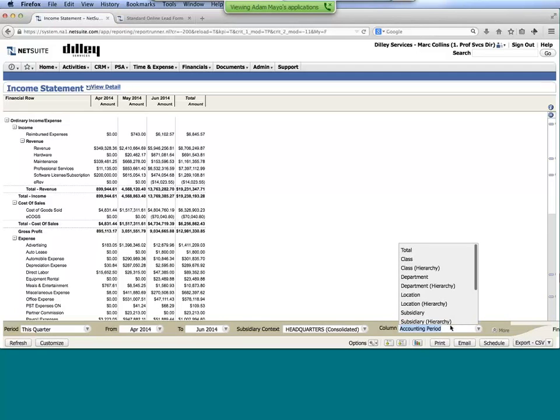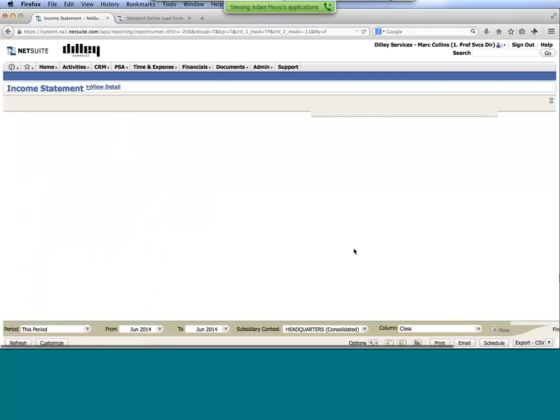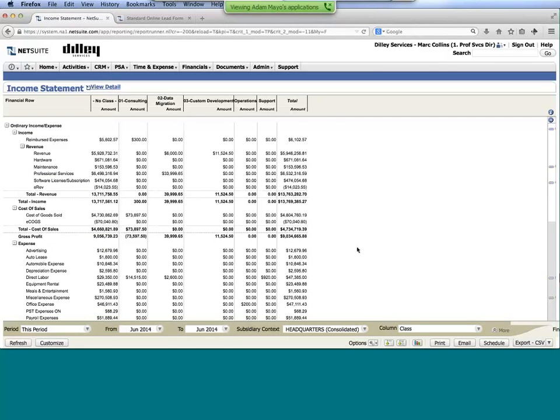Perhaps I want to go in and say, well, let's look at this broken out by what we refer to as class. And again, we'll look at it for this current accounting period here. And so instead of looking at it by accounting period or month, we now have a different breakout up on the top, looking at our consulting group versus data migration versus custom development, operations, etc. Of course, this is all configurable and something that you would tailor as you implement the system, but having that type of breakout is critical so that we're able to see where revenue streams are coming from, that sort of thing. From here, with any of the reports, it's all drill down.